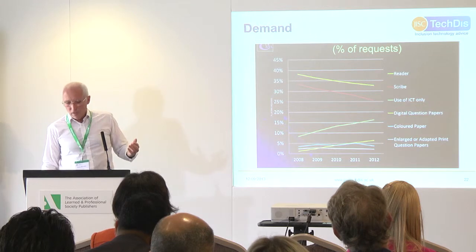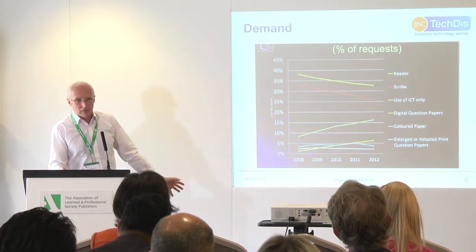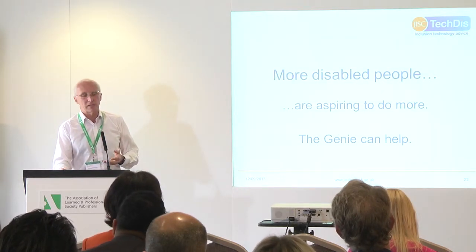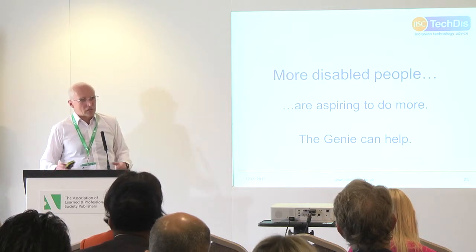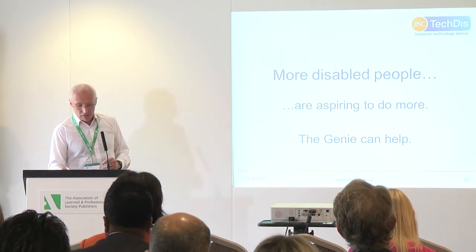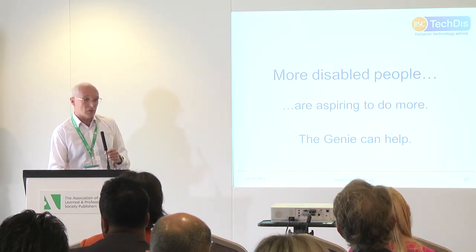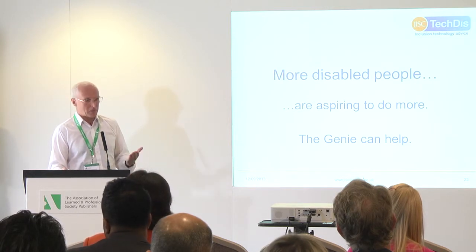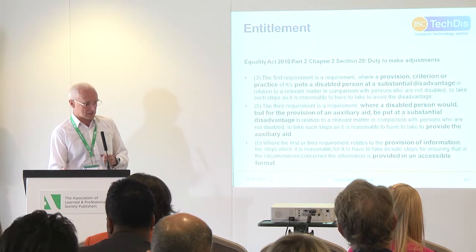So the genie is being recognised in the assessment and e-assessment area, and it is being recognised in publishing and the wider aggregation, distribution, supply chain, etc. The second key point is that there are more disabled people aspiring to do more, and that's a really significant point for